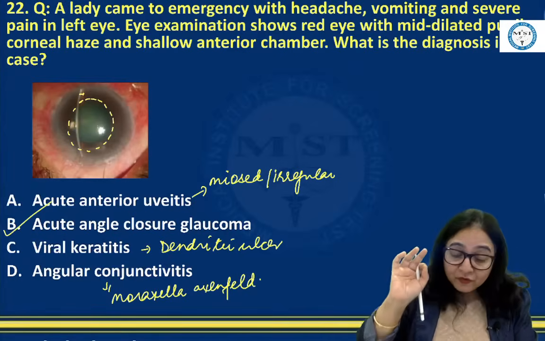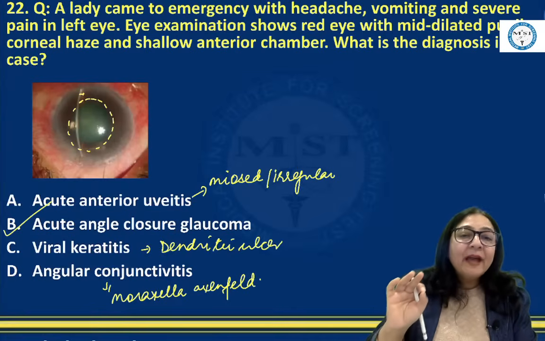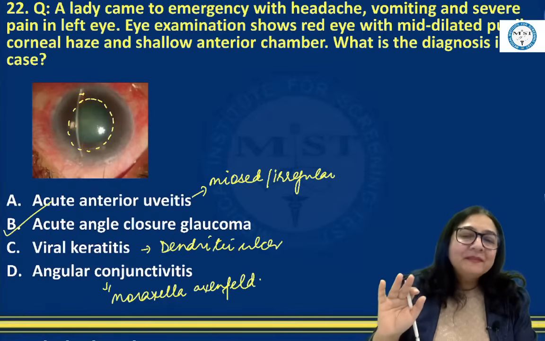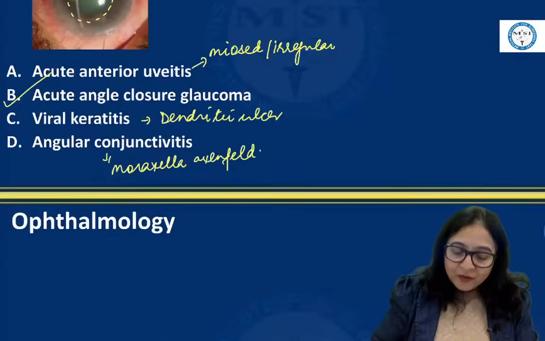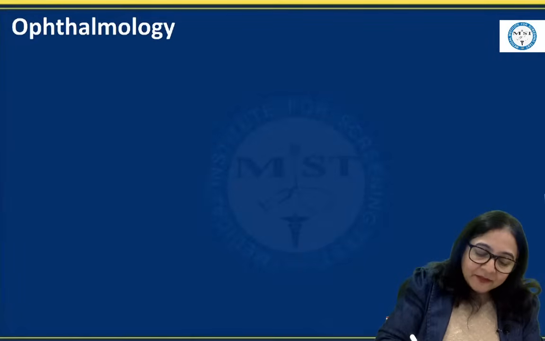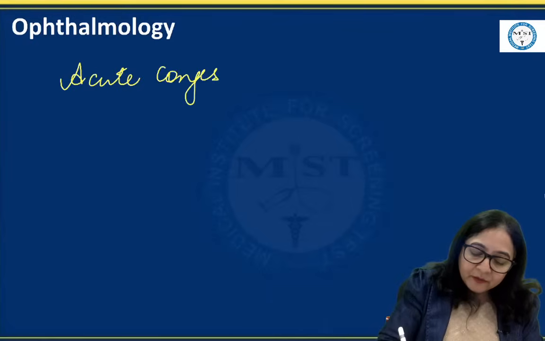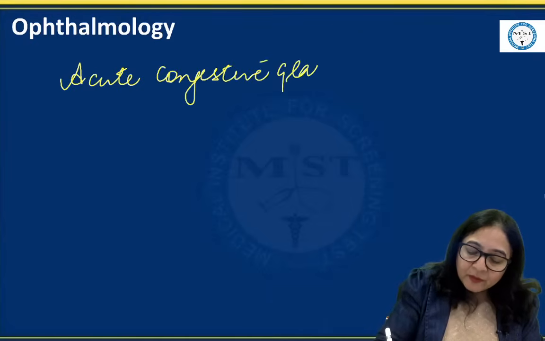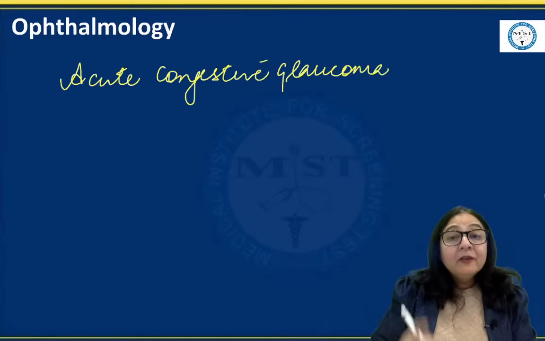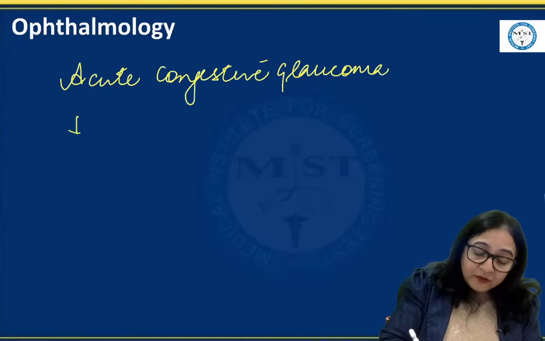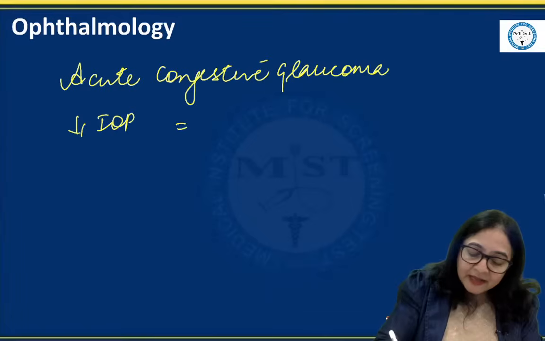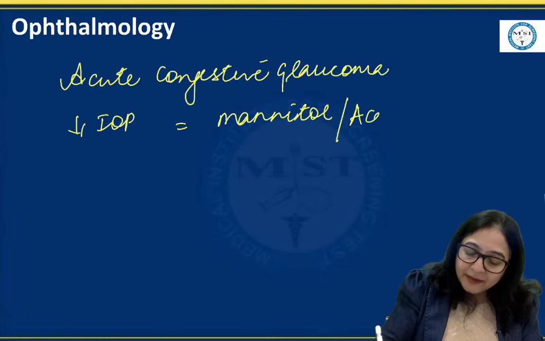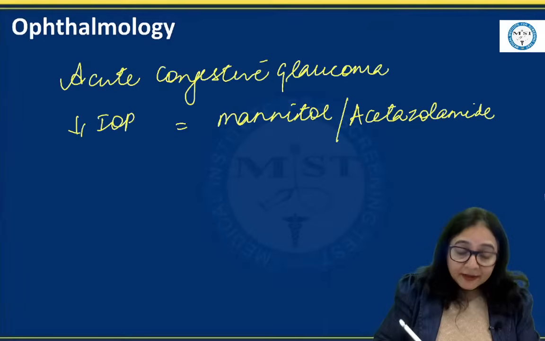Okay? So the diagnosis of acute angle closure glaucoma should not be missed by you if a similar case scenario comes in the exam. And even the management of acute congestive glaucoma, sometimes the question can be based upon that as well. So the first step is to reduce the intraocular pressure, which is very, very high, which is done by giving mannitol and or acetazolamide, that is Diamox. Okay, agree? Secondly, what do we have to do? We have to